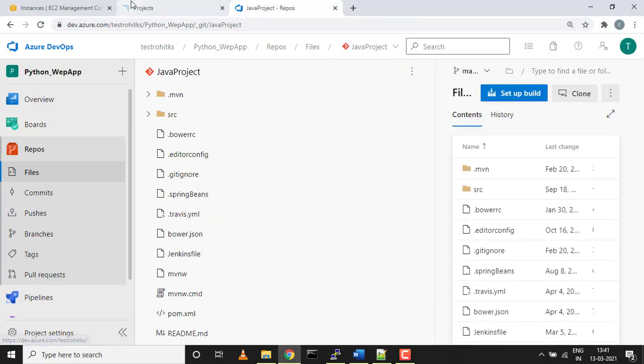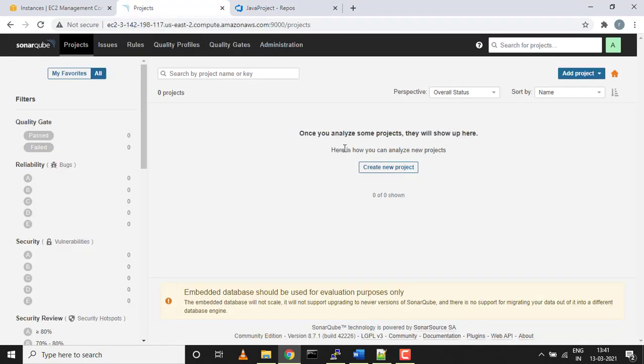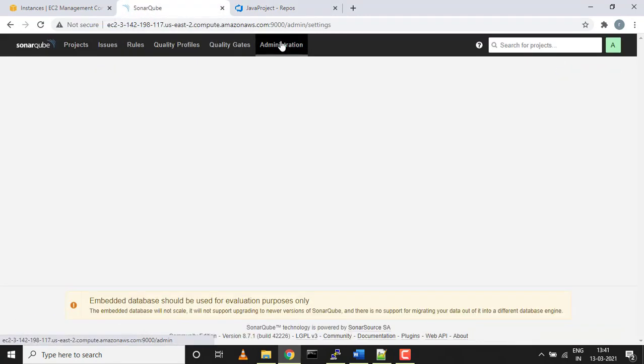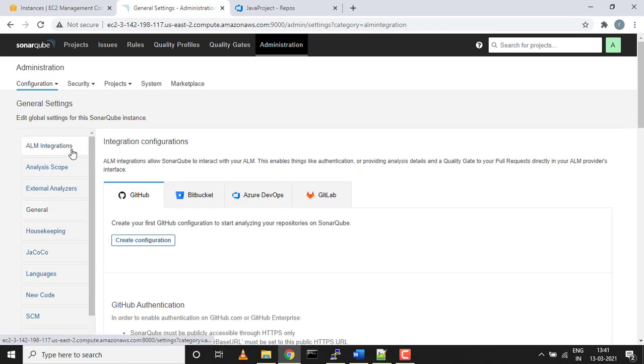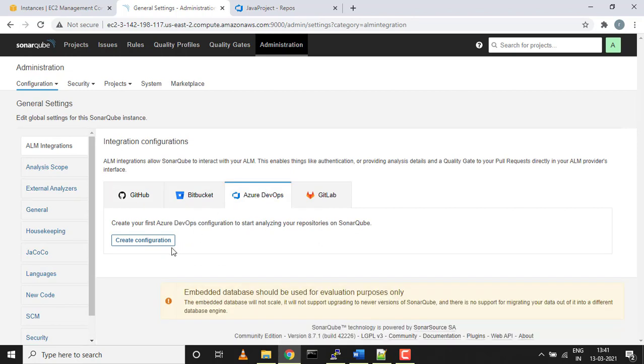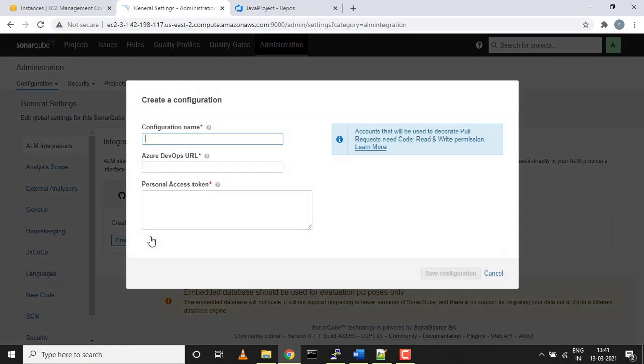First step is to configure. Go into Administration, then ALM integration. Here we are referring to Azure DevOps. We're configuring a repository with SonarQube. What name do we want to give it? We'll give it Java project; any name is totally okay.